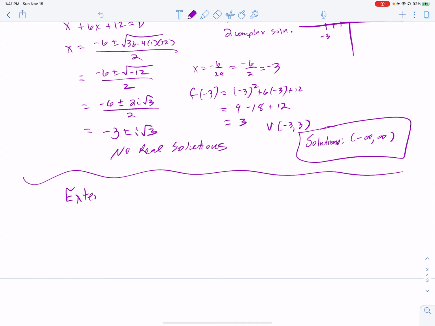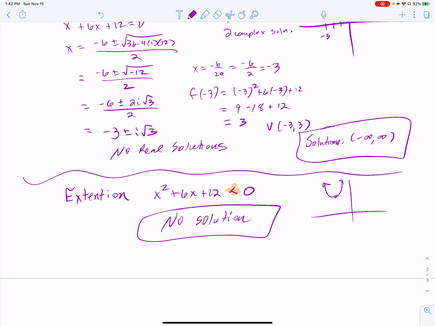Now, in contrast, just kind of an extension of this, what if I took that same quantity and I asked, where is it less than 0? Well, I just went through this whole thing. We graphed it. We talked about their imaginary solutions. And for every x value you put in there, you get a positive y value. And I want to know, for what x values will this be negative? And there are none. This would have no solution. There are no values